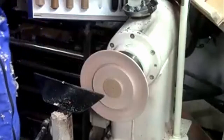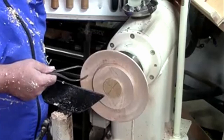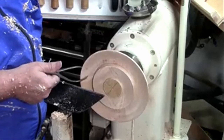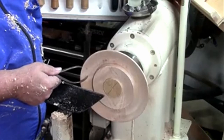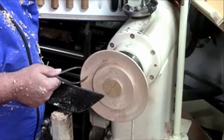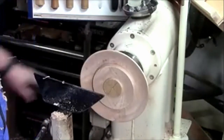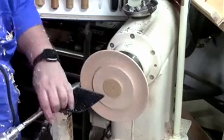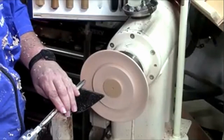Also, remember, as you start approaching that bottom, you've got a recess coming in there 1/8 of an inch thick. So you've got to compensate for that just a little bit. We're to right there and we're sticking. So we know that we need to come down just a little bit there. And back out here, pick it up right there where you